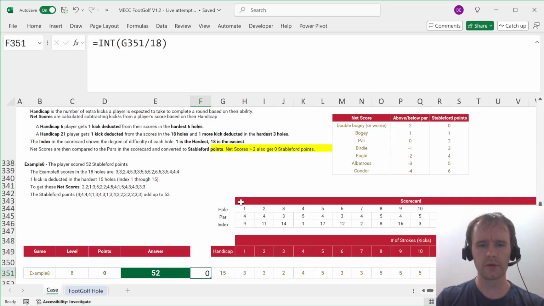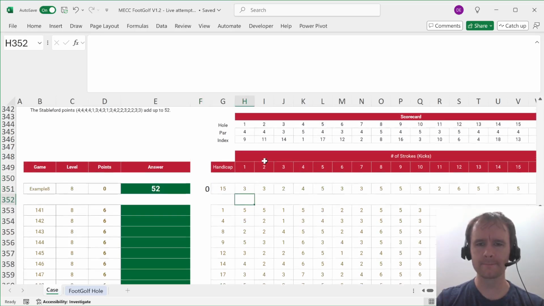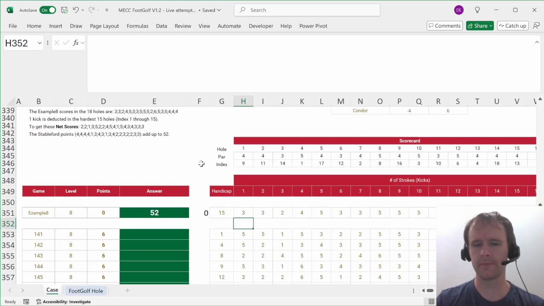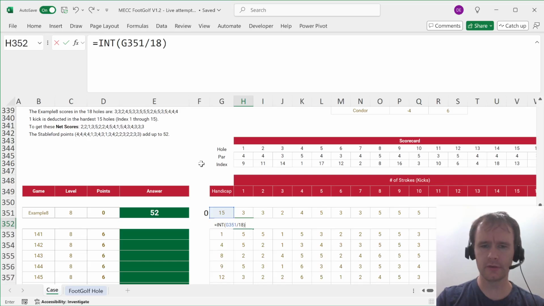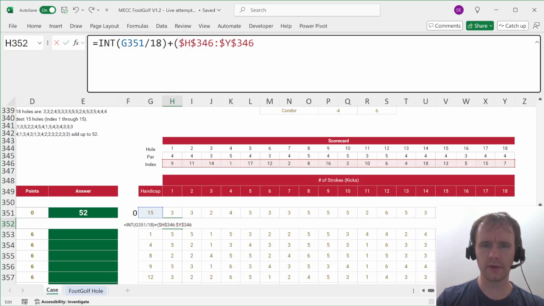Fine. And then, sorry, the indices, index 1 through 15. Okay. So what I want is INT of this over 18, that's the number that you take off every hole, plus this index lock, sorry, let's put this in brackets, that is less than or equal to